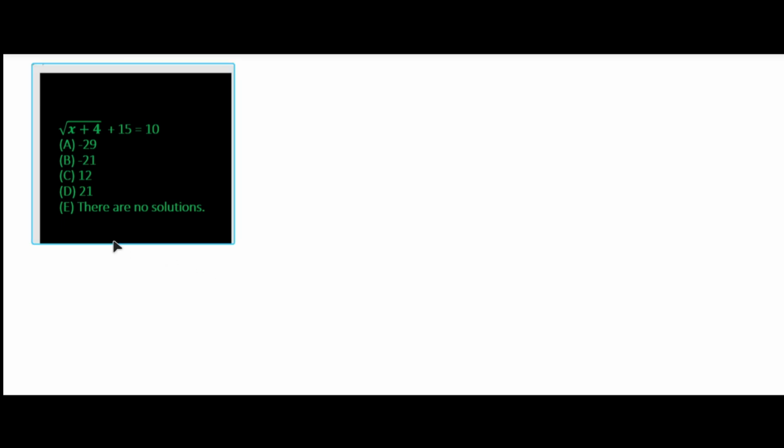Hello guys, this is a given question: under root x plus 4 plus 15 equal to 10, and these are the given options: option A minus 29, option B minus 21, option C 12, option D 21, and option E there are no solutions. So questions like this seem very easy to be solved, but remember these questions are very tricky